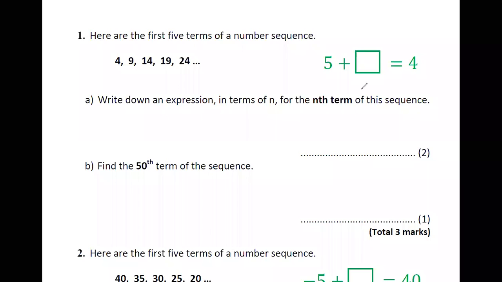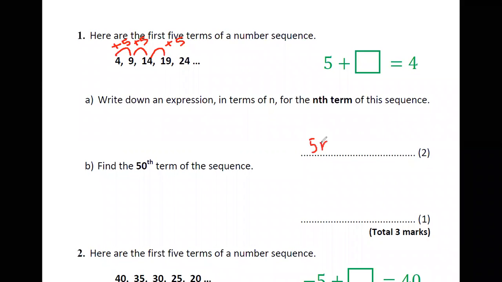Right, let's start from question number 1. It says, here are the first 5 terms of a number sequence, 4, 9, 14, 19, 24. Write down an expression in terms of n for the nth term of this sequence. To work out nth term, first of all, we need to see whether this sequence is going up or down. I can see that it's going up in 5s, so that's why I'm going to write